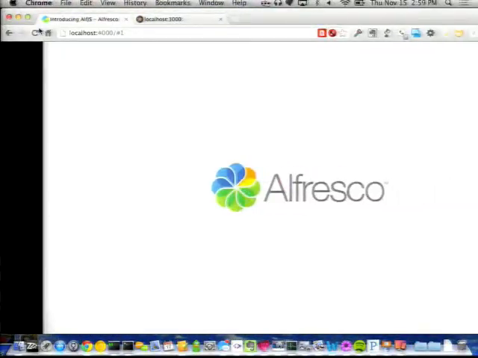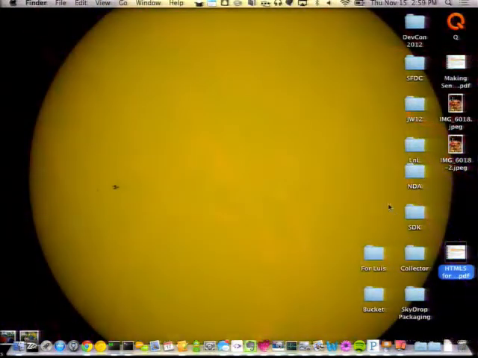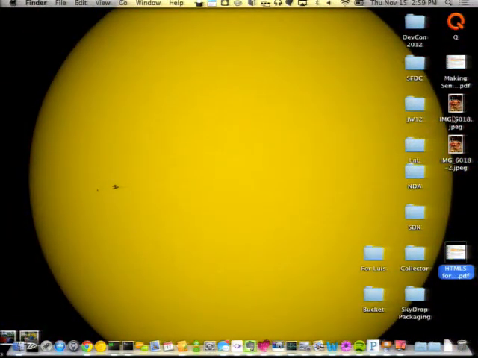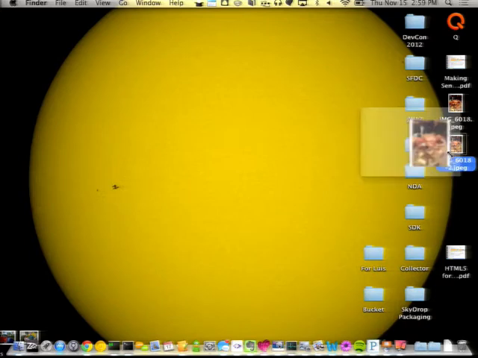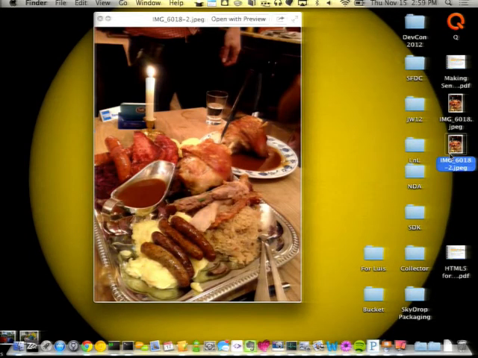Okay, so switch a few tabs. So let's say I want to share one of these photographs. We were in Berlin last week, and my colleague Jerome and I ordered the meat plate for 2, and it could have easily fed 4. And it was the most delicious thing ever. I'm originally from Puerto Rico, and Puerto Ricans love pork, especially during the Christmas season. So this is very appropriate.